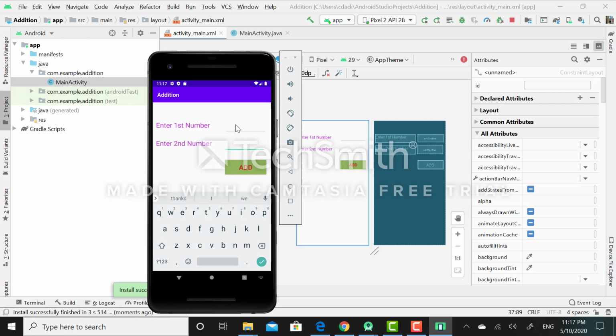So this is Pixel 2 device. Now I will check when the user will enter two number and whether I will get the addition of this two number or not. So initially I will enter first number as a 12, then later on I will enter second number as a 56. Now I will simply click on add button.